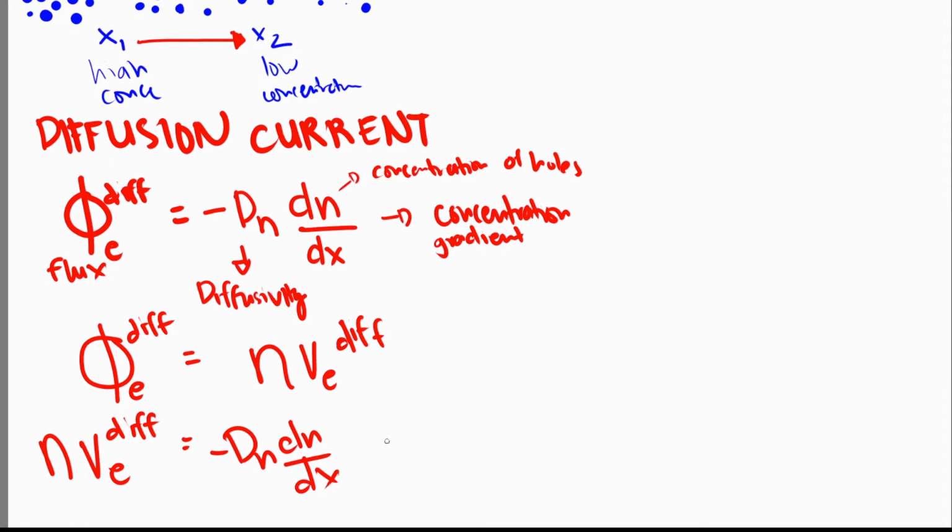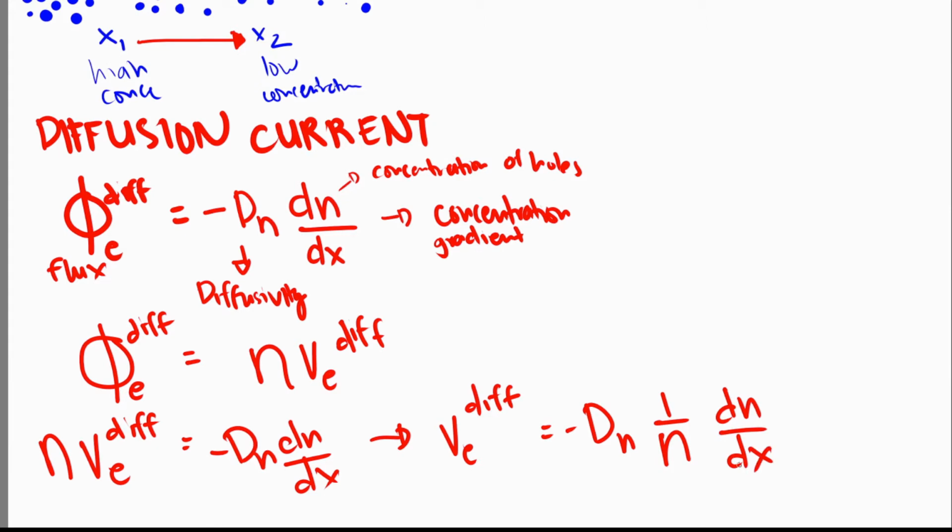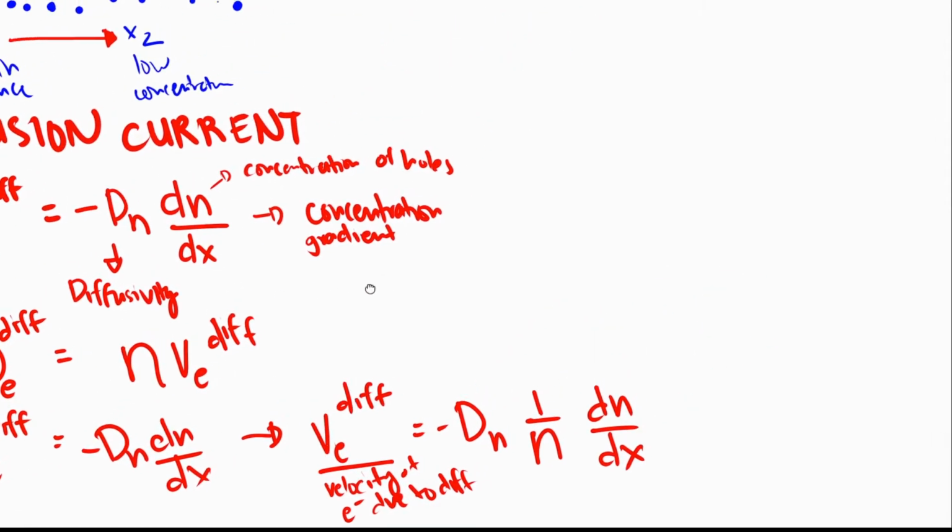Isolating V_E diff on one side, we will get V_E diff is equal to negative Dn, 1 over n, dn over dx. This is your velocity of electrons due to diffusion. From here, we can get our diffusion current. Our diffusion current density,